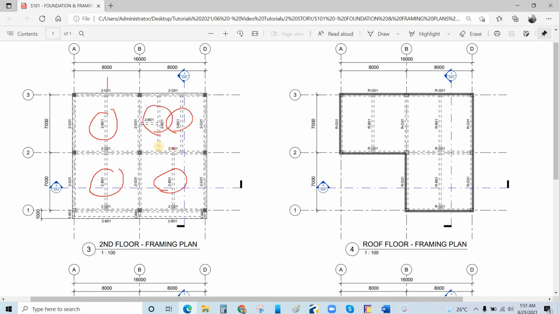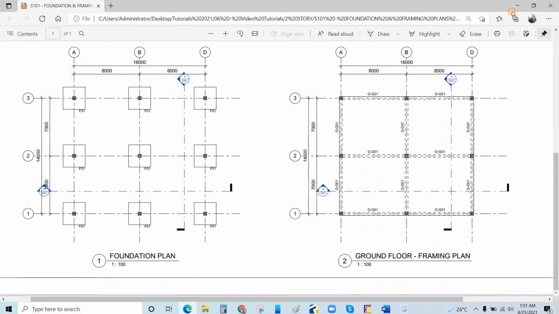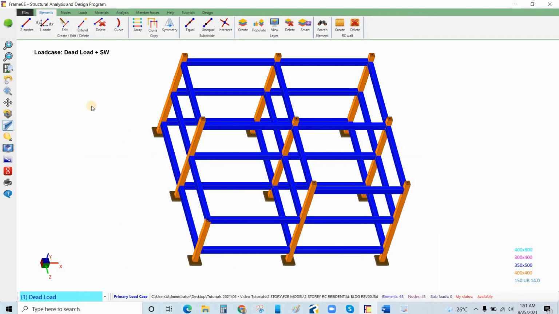Okay, so we can model that one and also this intermediate beam. Okay, let's say I will just hide that one, and we will just model that